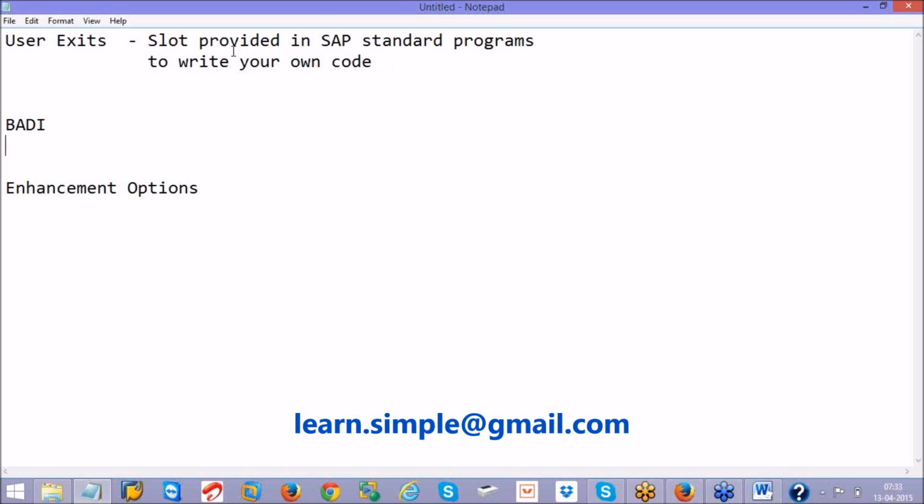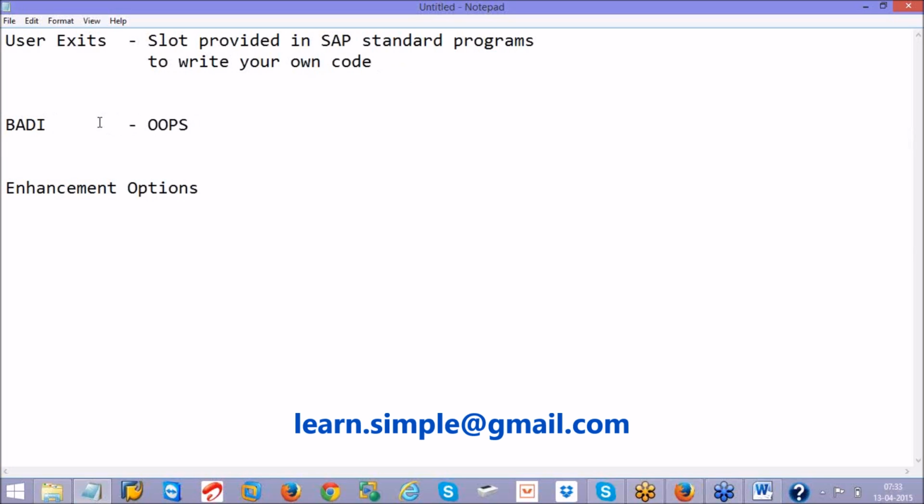Now what is the difference? What makes the difference between user exits, BAdIs and enhancement options? So BAdIs are generally called business add-ins. These will follow the OOPS approach, the object-oriented approach.